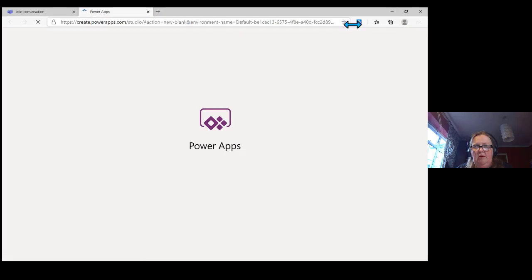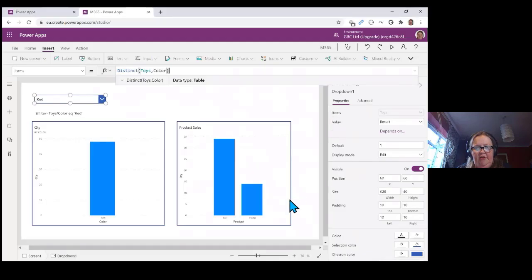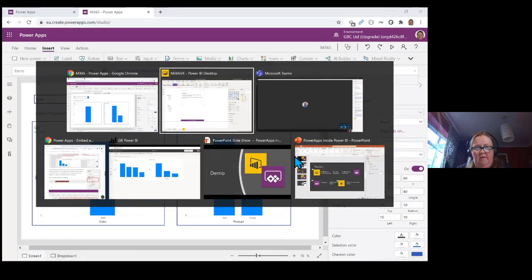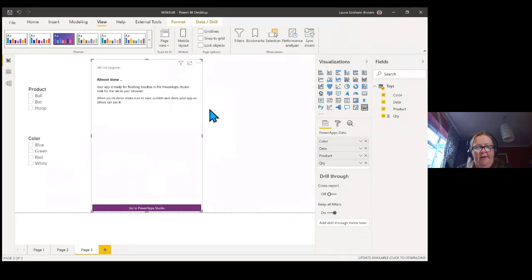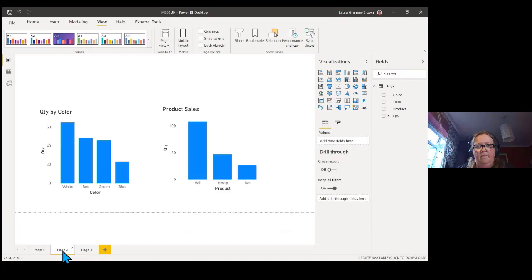So let's try this the other way around. Let's try this going from inside. Let's try that link one more time. And if it doesn't work, I'm going to edit the report in the Power BI service, which might behave slightly better. This normally behaves. Wow. So right, okay, fine. What I'm going to do